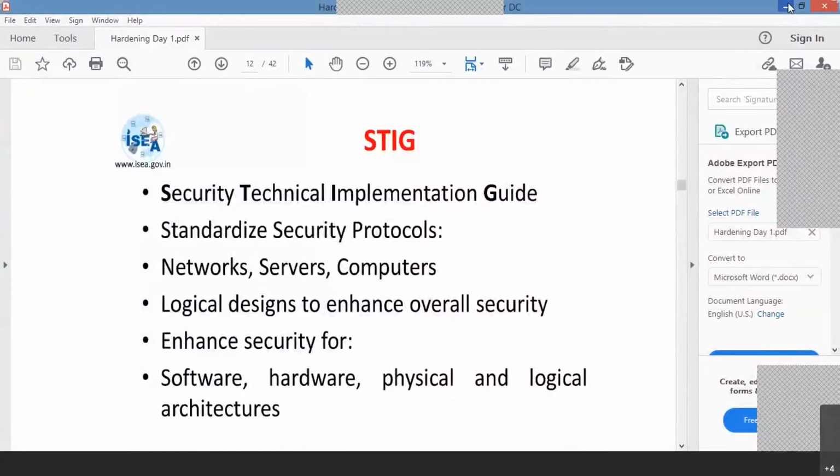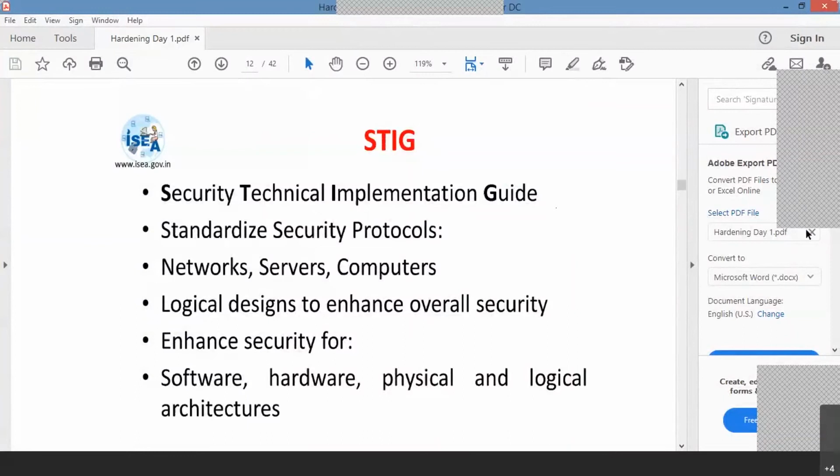Can you see my desktop? I have just sent you that link. Now can you see my desktop? Yes, okay. So I have forwarded that link. Please download it from your side if internet is available, so that you can see what exactly these things are. Otherwise, you can practice it.